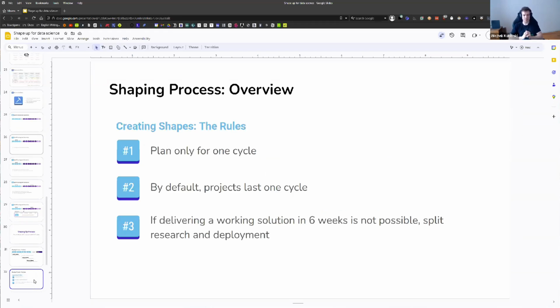Now, when it comes to the shaping rules, the shaping overview, one very interesting idea that I was absolutely not on board with initially is that you should only plan for one cycle. The reason for that is as follows. You only need to know what you're going to build for one cycle. So there is no reason to plan further ahead from the building perspective, from the data science perspective, from the